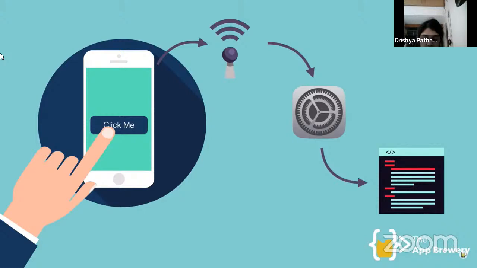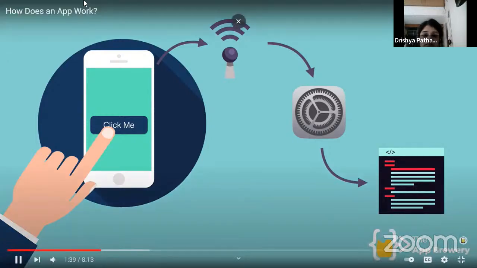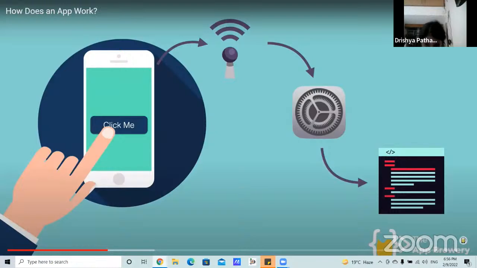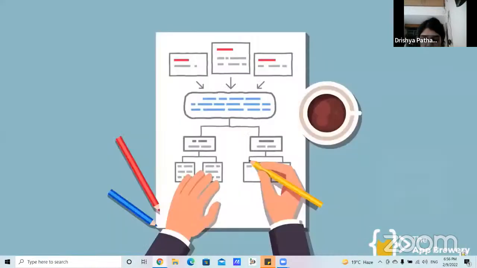And so the code that you write for your app should specify, in this situation, when the button called Click Me gets tapped, this is what it should do. It should change what's shown on screen, and it should do this and that and that. So essentially, as an app developer, you're planning out all of the scenarios and what should happen in each case. So it's almost a bit like emergency planning.